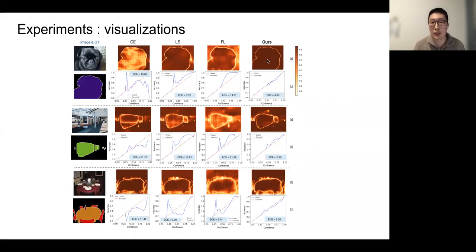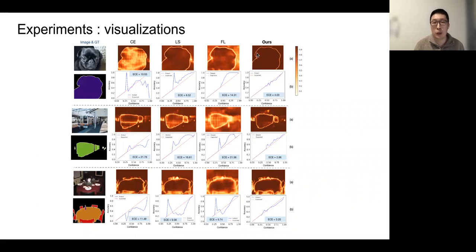If the prediction confidence is higher, the pixel is darker. Our method works very well because it matches our expectations: the model is very confident in the pixels within the object and also outside the object.